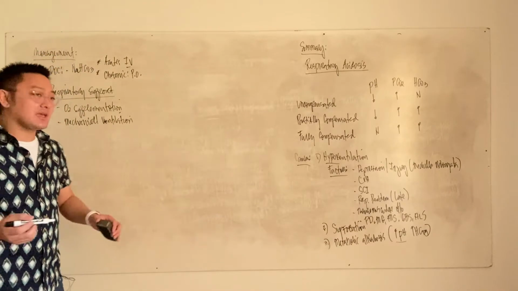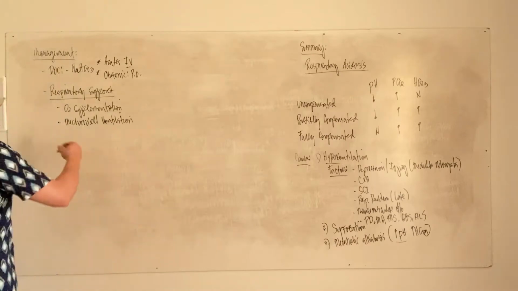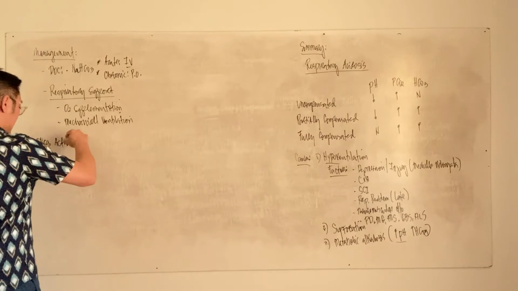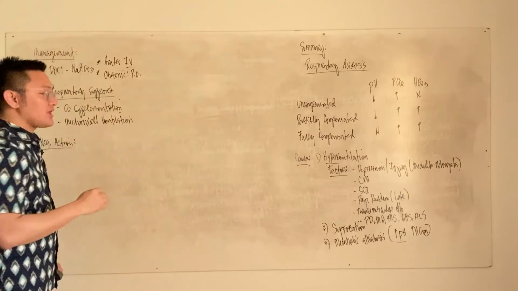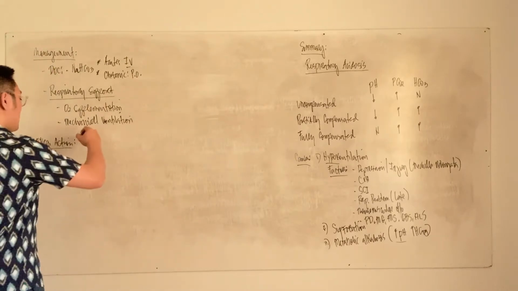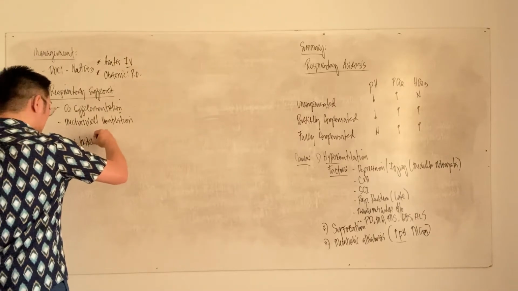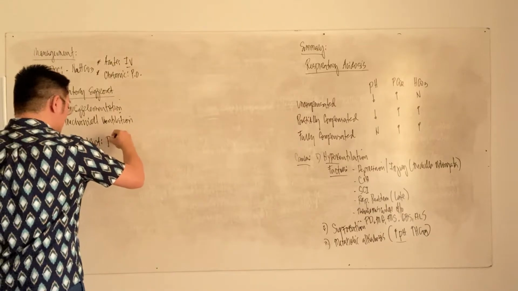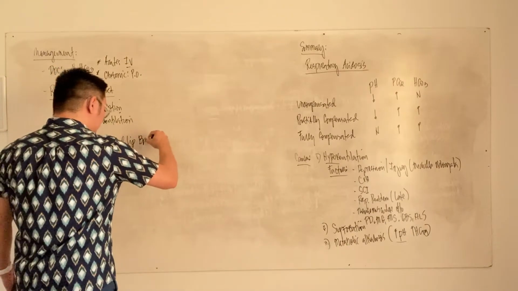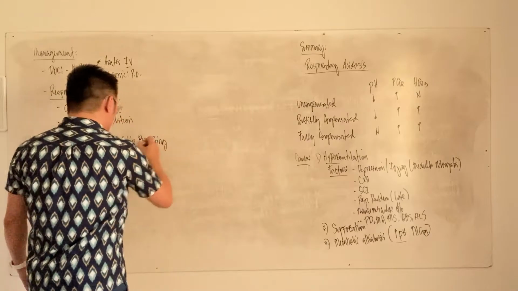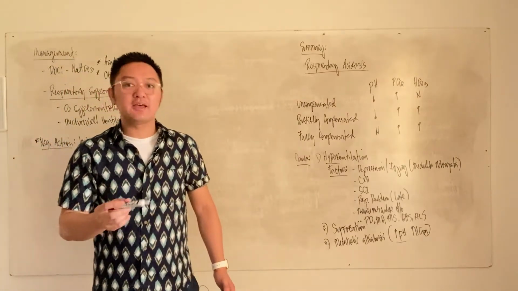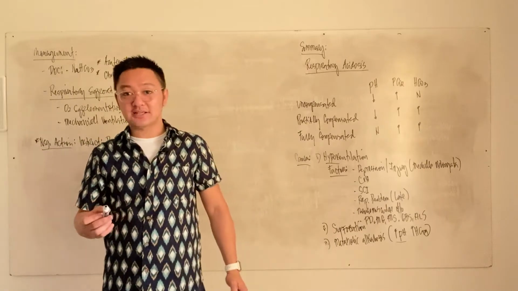Now, what about the nursing action? One of the most important nursing actions here, okay, is to promote carbon dioxide loss. So what will you do to promote carbon dioxide loss? All you have to do is to instruct the patient to do pursed lip breathing. Okay? Do not forget that your pursed lip method of breathing means you want to promote carbon dioxide loss.